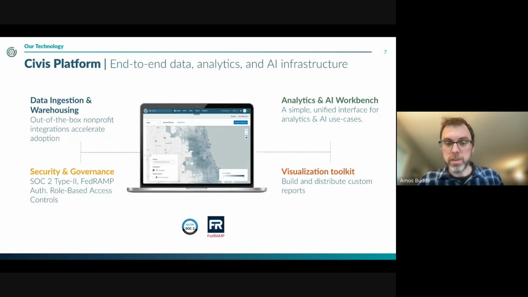So that includes data ingestion and data warehousing, getting the data from your critical applications into Civis so that you can start building insights, analytics, and products on top of it. We have an AI and analytics workbench. Basically, we allow folks to work in their favorite language and environment of their choice. That's Notebook, SQL, Python, R, and then orchestrate that through Civis's native orchestration or our DBT integration. We have visualizations and reporting and application development. So you can take the data that's in Civis and then share it with folks in a way that's consumable for them. And we have various integrations to support that.